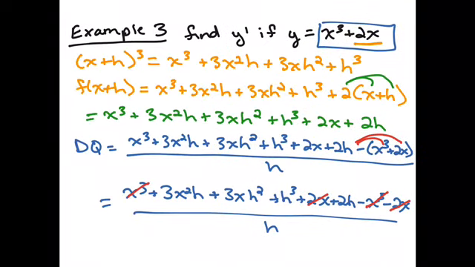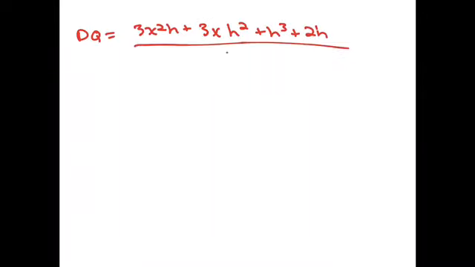I'm a step ahead of myself. The 3x squared plus 3xh plus h squared plus 2, plus 2h, right? Or did you already take an h out in what you said? Yeah, I already divided by h. So I've got 3x squared h plus 3x h squared plus h cubed plus 2h over